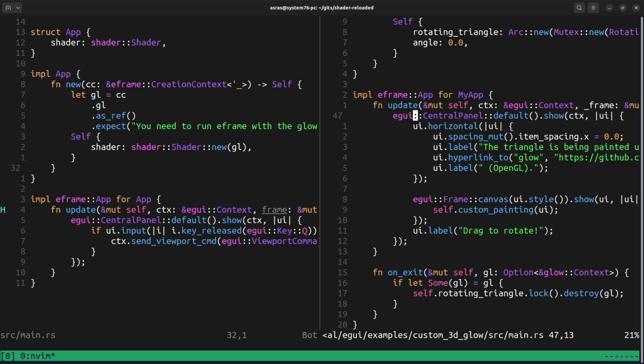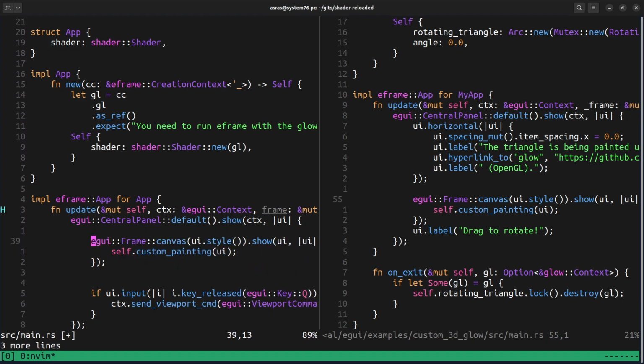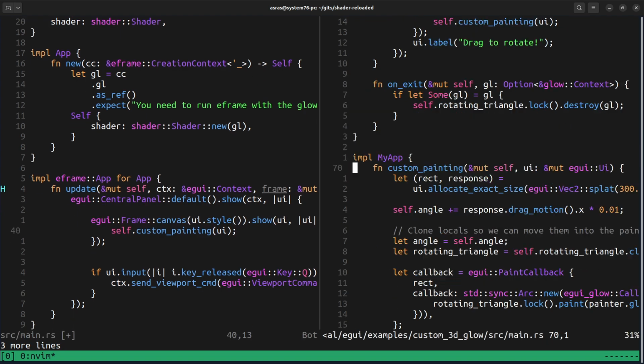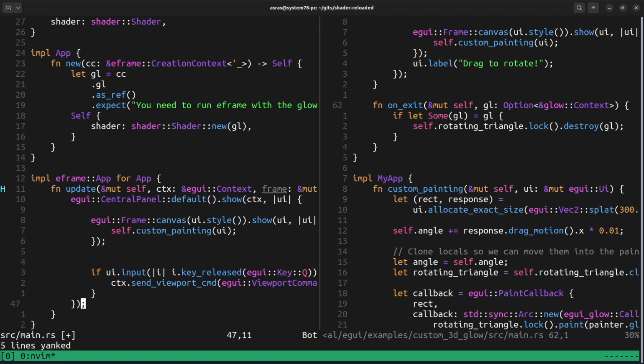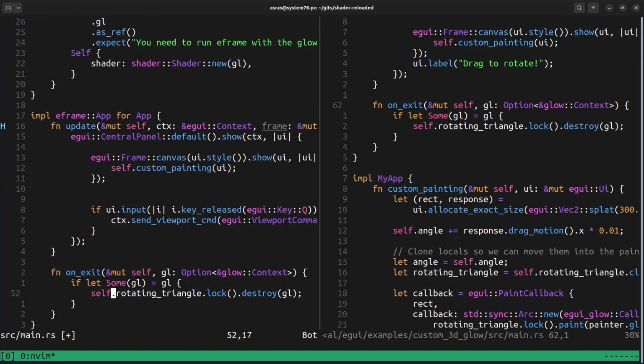Okay, so here's the app. There are some labels. Then there is this one. This is the one. Canvas, UI style, show UI, self.custom painting. So we can also add this. Self.shader, destroy. And